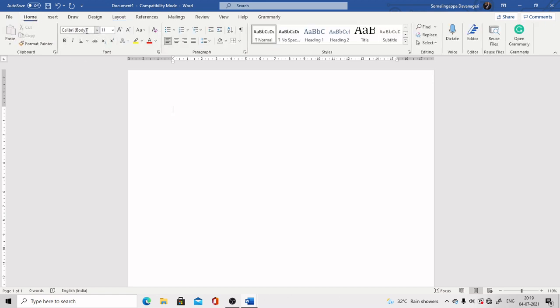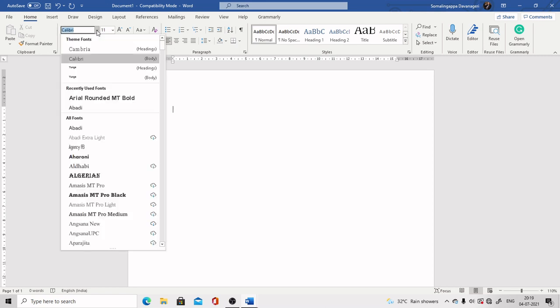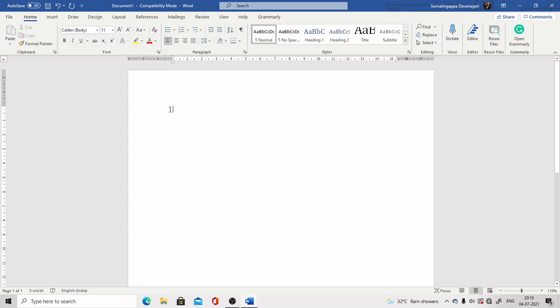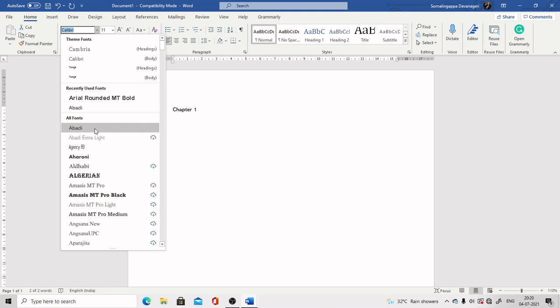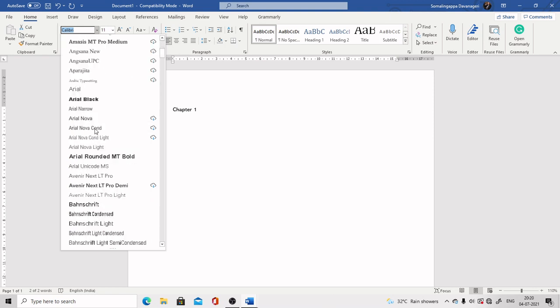Now in home you have a font. If you want to provide, for example, a chapter number, chapter 1, you select it and change the font to either Calibri, Arial, or Times New Roman.